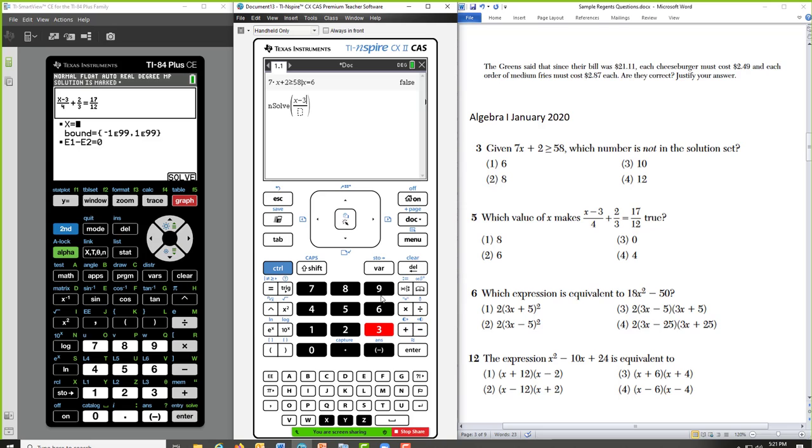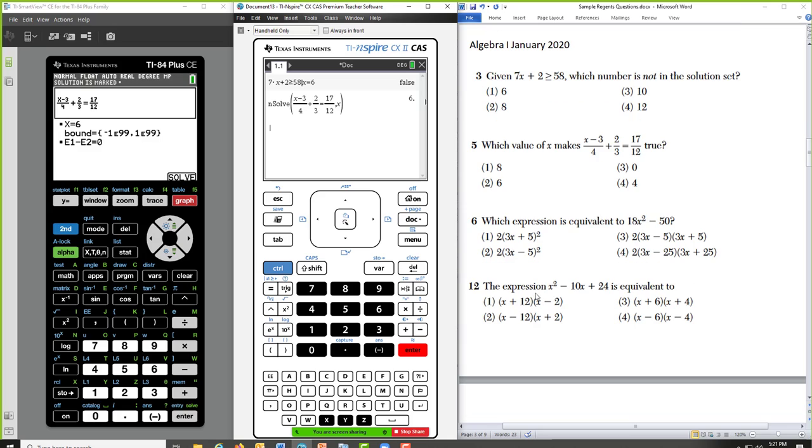X minus 3 over 4 plus control divide to get my fraction template. 2 over 3, right arrow to get out of the denominator, equals, once more, control divide, 17 over 12, comma, the variable you're solving for, which is x, and there you have it.